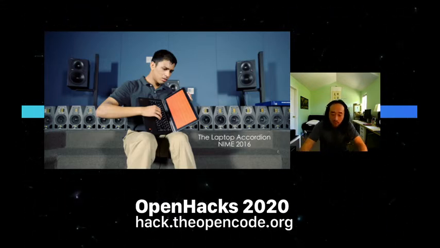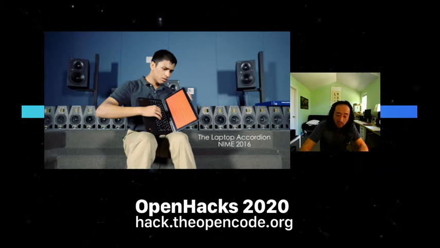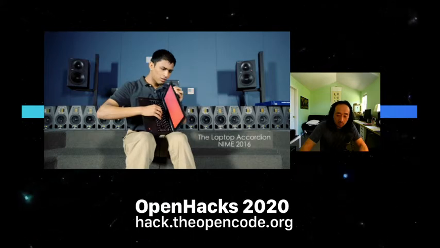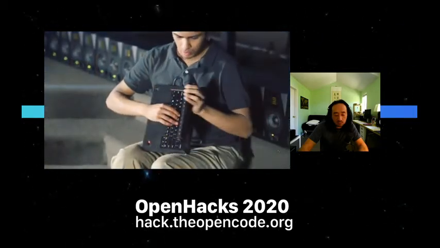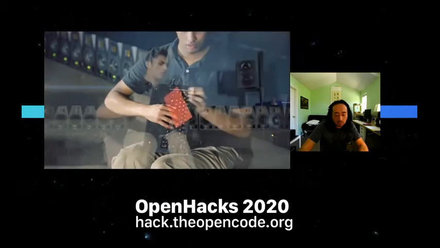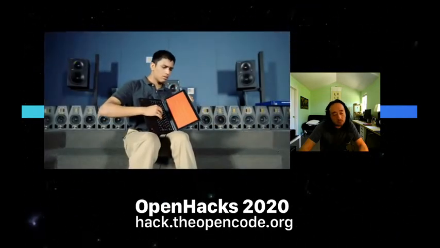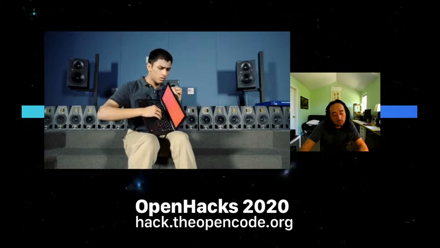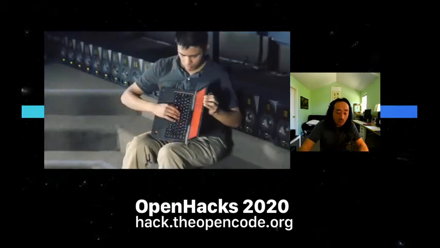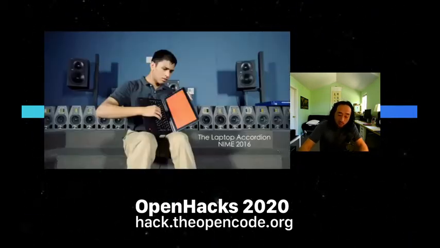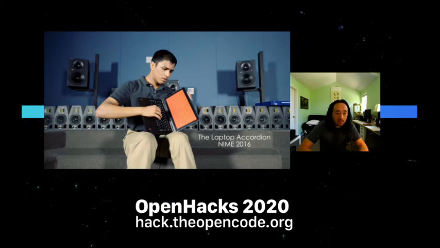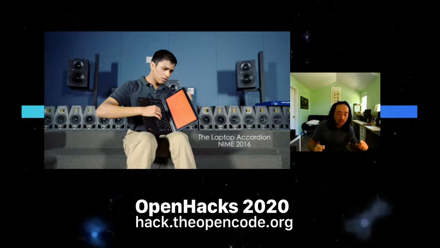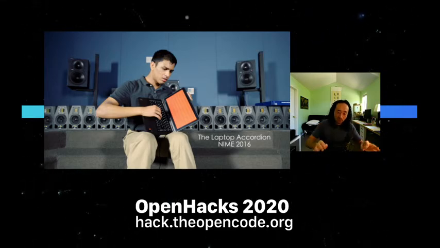Now, for something completely different, this is another instrument and piece in the laptop orchestra. This is the laptop accordion. How does this work? Well, as some of you might have guessed, this actually uses the front-facing camera on your laptop screen, and it's using a computer vision algorithm called optical flow to track how much you're opening and closing your laptop screen. And that, like blowing into the phone in Ocarina, is articulating the sound which is being